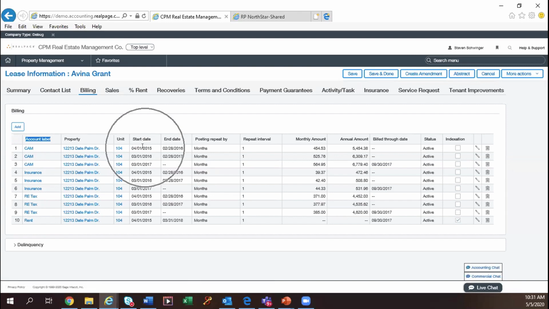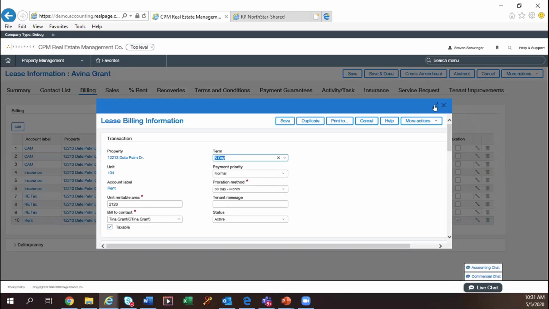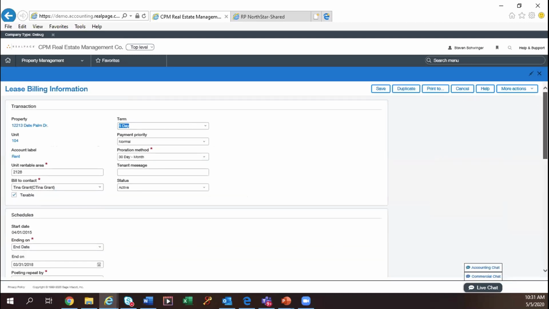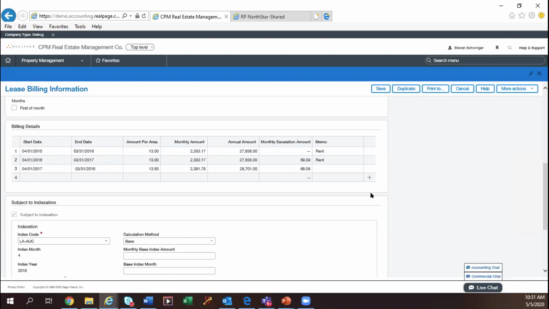I could see the start and end date, the post repeat by, the interval, the monthly amount, and the annual amount in the bill through, and whether or not it's active or inactive. By drilling down into a charge, this is where you're able to set up the scheduling of the billing and address any step-up rents. Leases could be uploaded into the platform, so if you're looking at a large acquisition, the